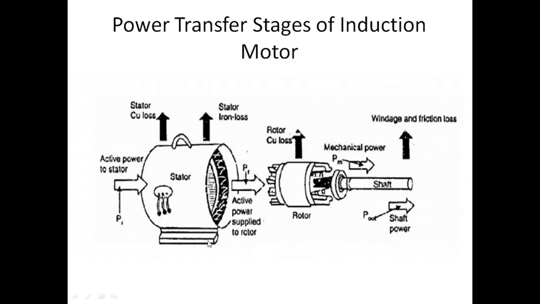Active power supplied to the rotor is nothing but air gap power. How much power can be taken or given to the rotor? This total power generated by the stator is given to the rotor through your air gap. That is known as your active power to the rotor. Right. So what is the input of my rotor? For the input of my rotor, I have to reduce the stator losses. Then only that is my rotor input.